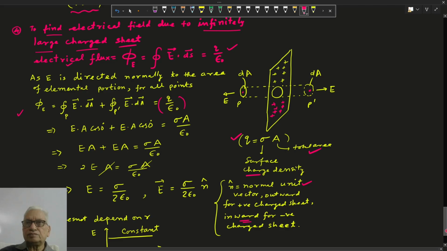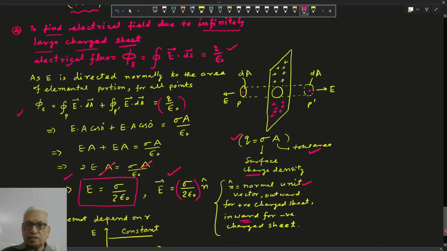Here also, for point P dash, E and the area normal unit vector are in the same direction, so cos 0. Here also cos 0 for point P, and cos 0 for point P dash. So EA cos 0 plus EA cos 0, with cos 0 equal to 1, gives 2EA equal to Q equal to sigma A. Now A and A cancel out. The electrical field is given by sigma upon 2 epsilon naught. In vector form, the electrical field vector is sigma upon 2 epsilon naught